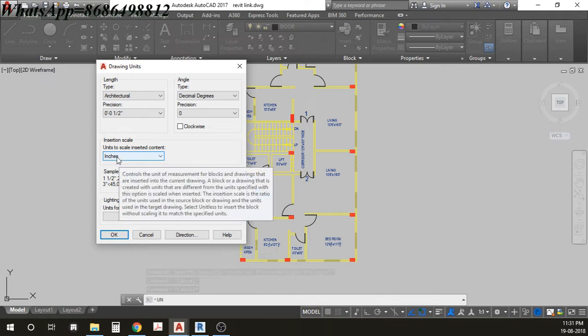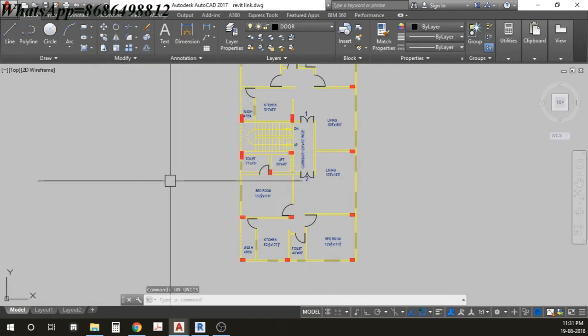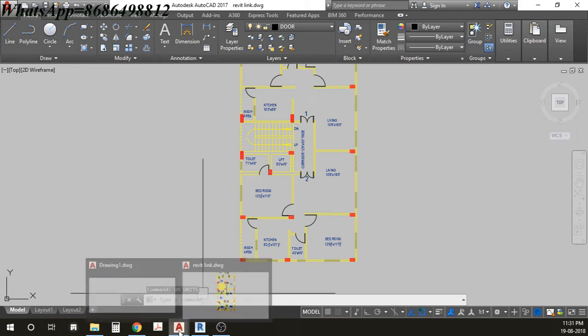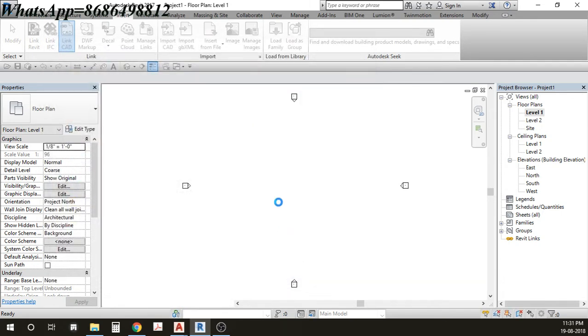This is actually not the proper units you're looking at. AutoCAD has a different command for the units. I will be teaching you that in some other tutorial. However, let's get back to Revit, and in that I'm selecting Revit link, and then I'm going to select inch. After selecting inch, I am going to select Open here, and you can see I will be getting, after some time, my